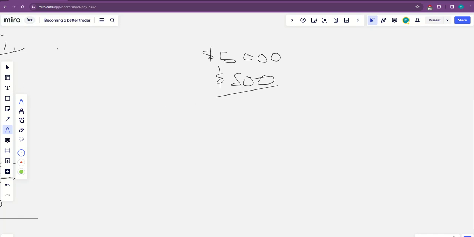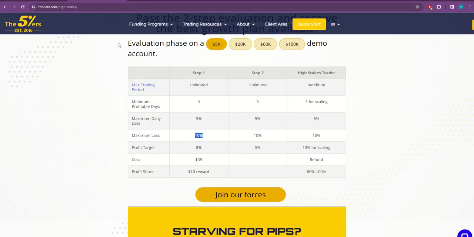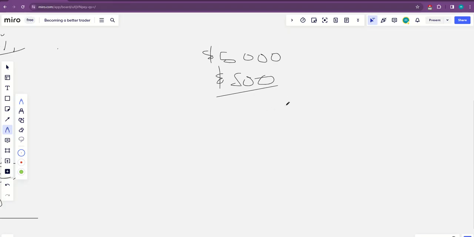So one thing you have to know with prop firms, and more especially the €5 one as well, even though I recommend them, but I'm going to tell you this. One thing you're going to realize is there are fees. I don't know why they do this, because obviously these are demo accounts. They are not real accounts in the real market. They are demo accounts, but the difference is you get paid if you pass and make money. So this is like the real market for you because you get paid if you make real money.